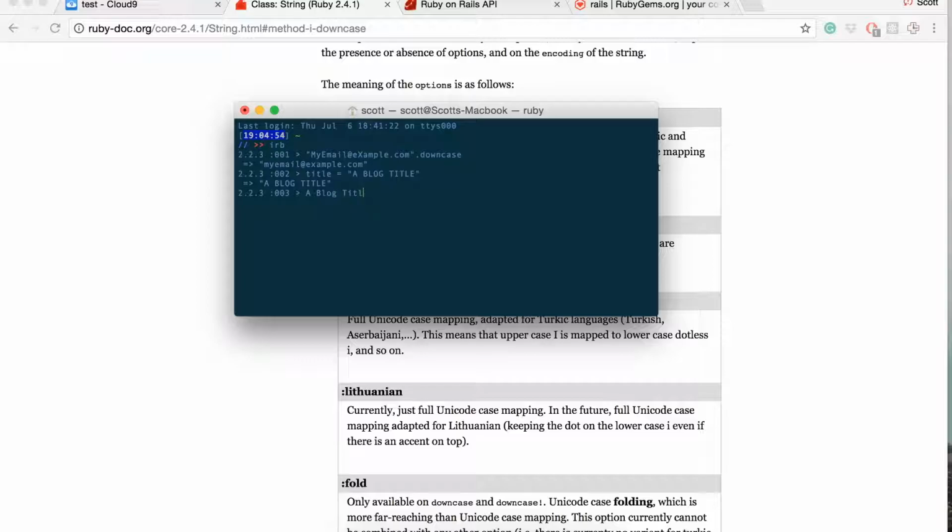So let's try that. Let's try title dot titleize, right? That's what we're working on. Title dot titleize, and it's giving me an error here. No method error, undefined method titleize for a blog title with class string. So there's no built-in method to Ruby, and since we're just working with Ruby here,